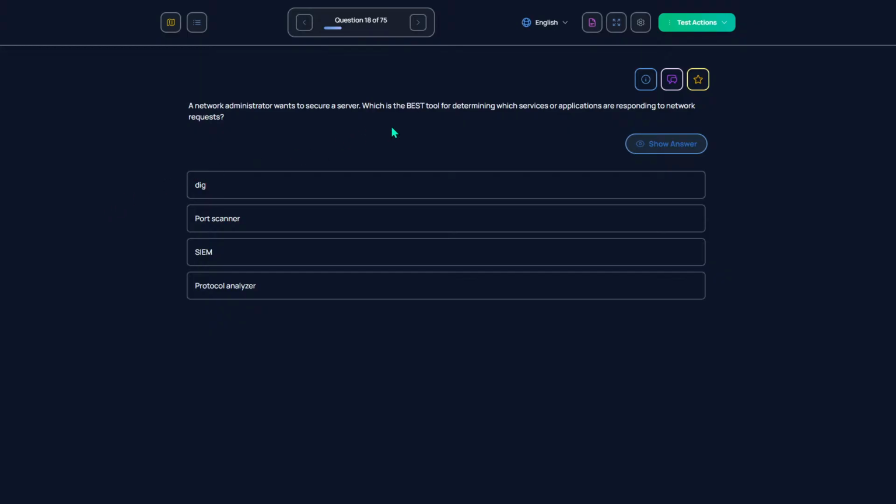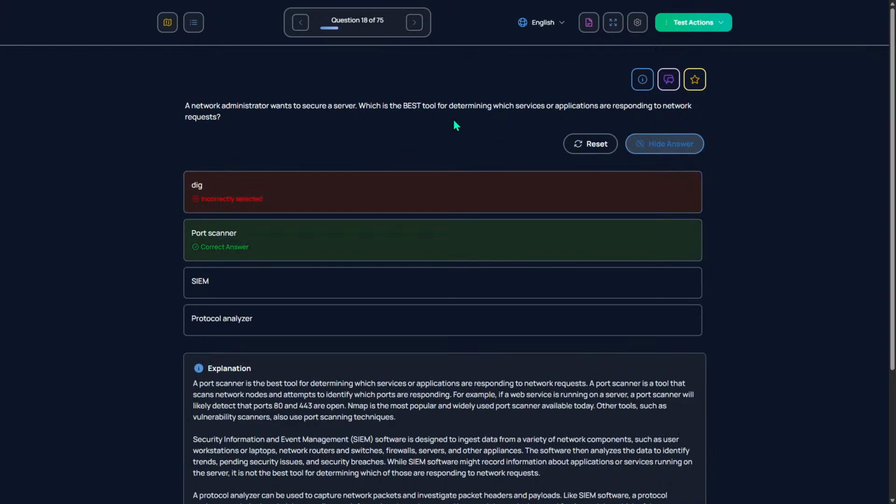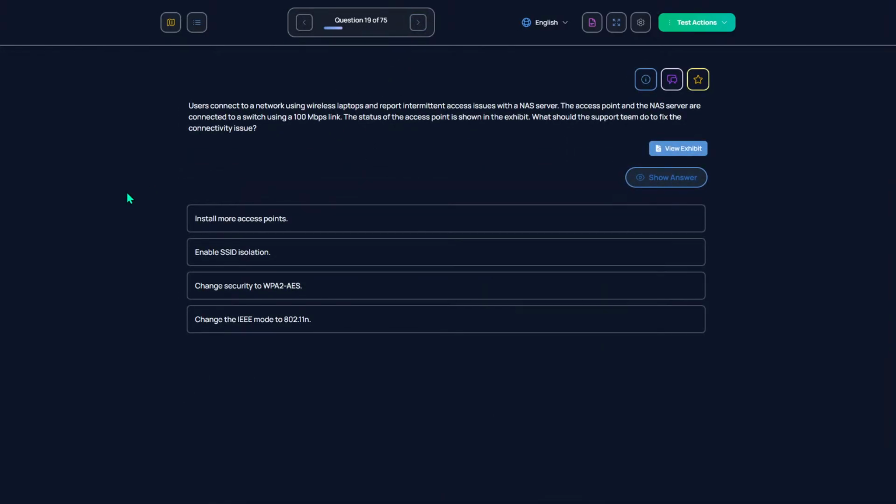Network admin wants to secure a server, which is the best tool for determining which servers or applications are responding to network requests? I believe that is dig. Let's port scan. Users connect to a network using wireless laptops.